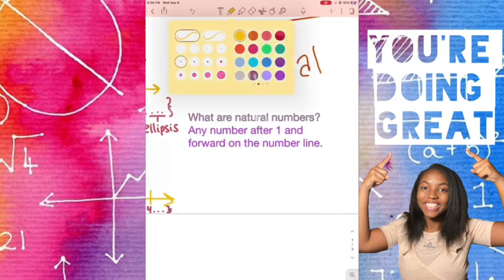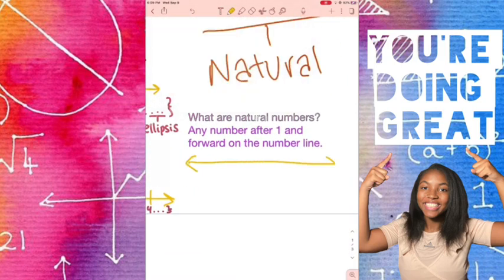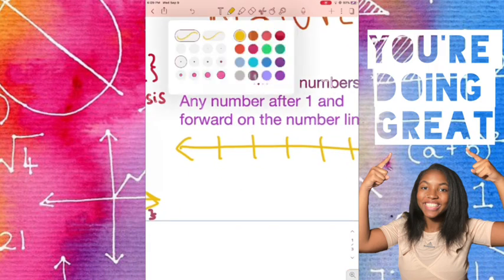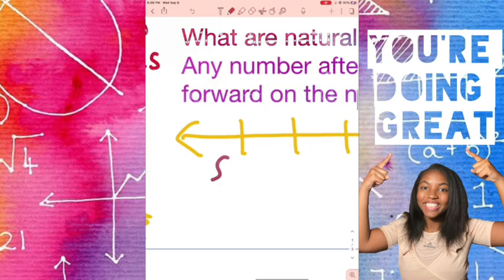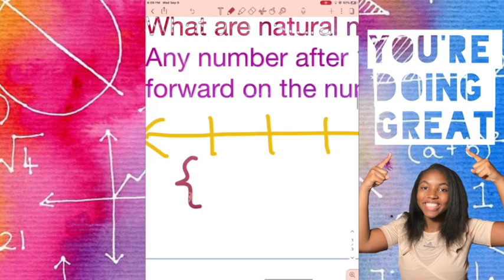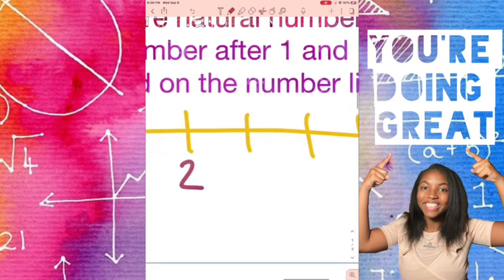So let's get to an example. Draw your number line, which always needs arrows at the end. And this time I put the ellipsis in the brackets first, so you don't want to forget those. Now, when you start off this number line, you start with 1 and above only. So 1, 2, 3, continue, and then put your ellipsis to wherever you want to end.